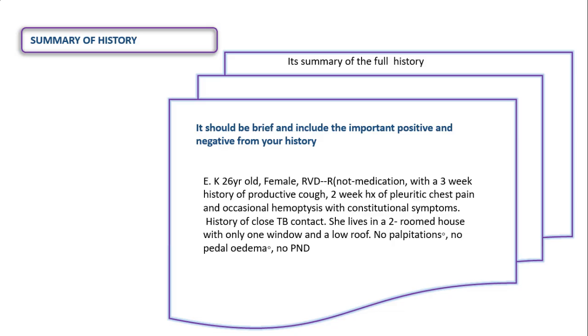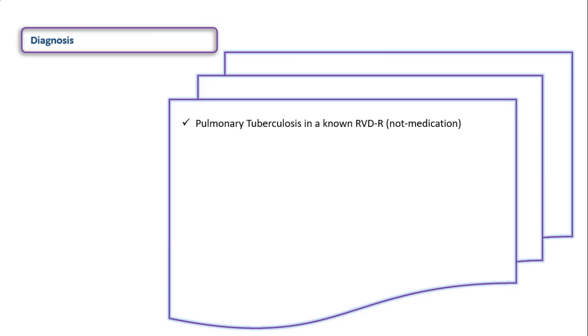And then you want now to give a diagnosis of this patient. So from that short summary, you'd say, this patient is presenting with tuberculosis in an RVDR patient, not on medication. So when they